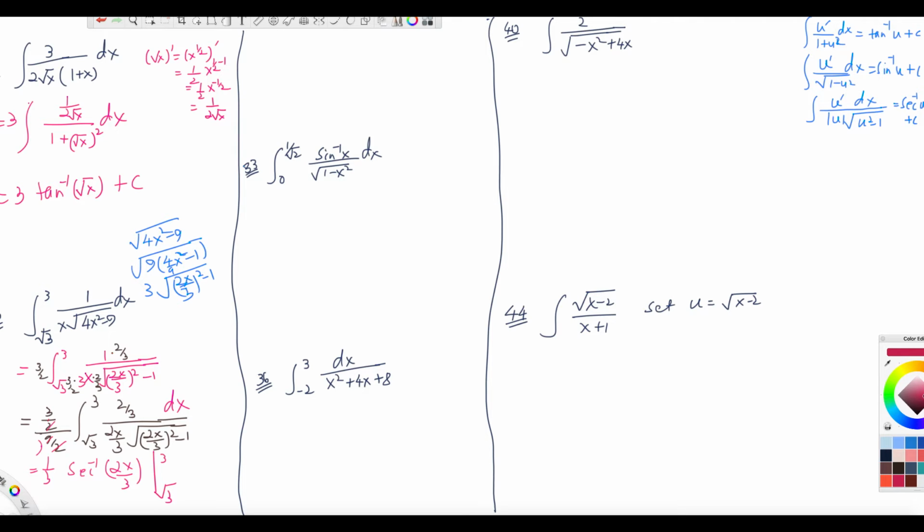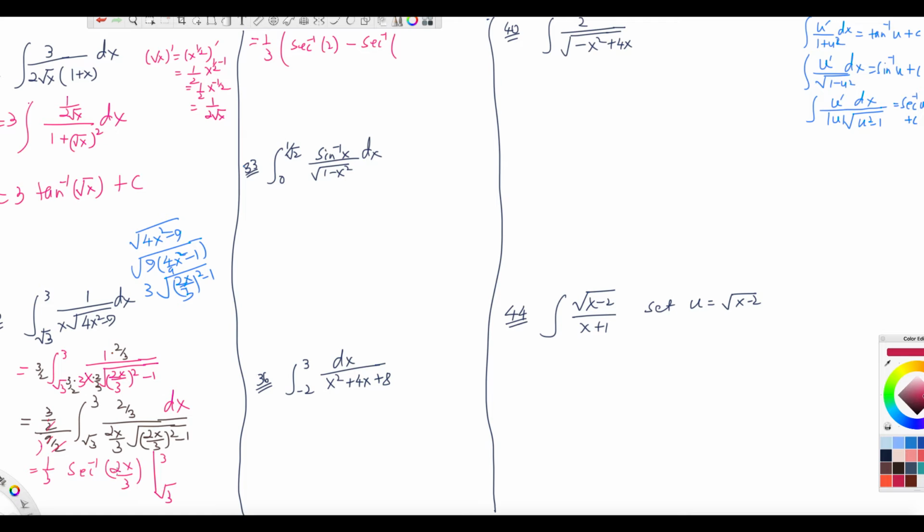Okay, guys? So next thing I want to do is use the limit there. How does that look if you put the limit there? So that will look like this. That is 1/3. So plug in 3 first. You get secant inverse of 2 times 3, 6 over 3. You see that? 2 times 3, 6 over 3 is 2. Secant inverse 2 minus secant inverse,